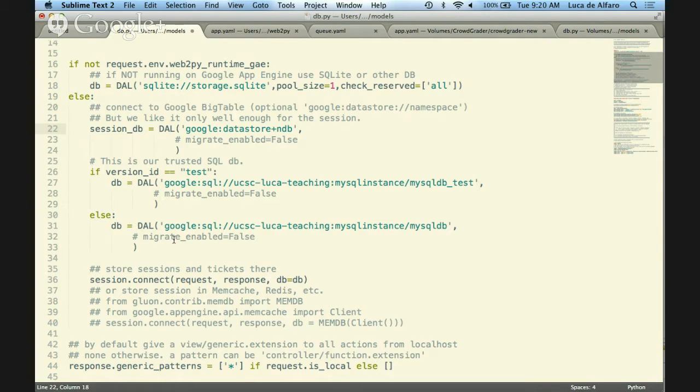So let's examine what the various choices are. There are many choices for where to put these. For example, you can store the session in memcache. If you store it in memcache on Google, the response time is very, very short. Memcache is super fast. You can read it in 1 or 2 milliseconds. So it sounds very, very good.